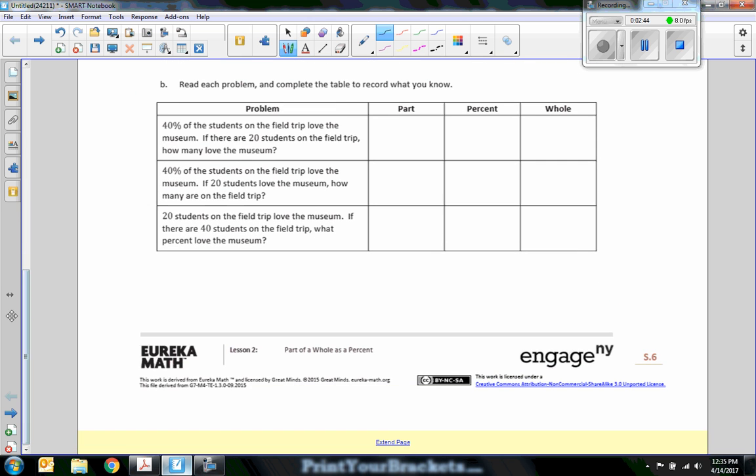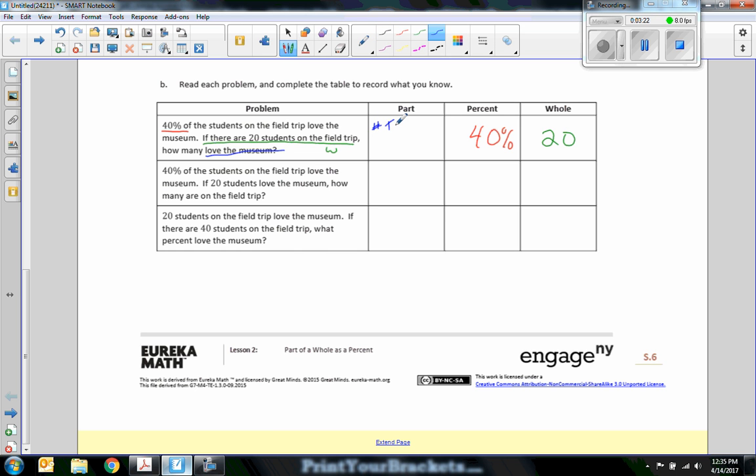Okay, part B. Read each problem and complete the table. Record what you know. So I would look at this and I'd say 40% of the students on the field trip love the museum. So that's my percent, so I'll put it here at 40. If there are 20 students on the field trip, all the students, that's my whole. How many love the museum? So to not make this confusing, I'll use a percent symbol there. And the part is